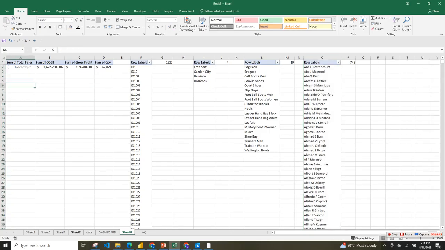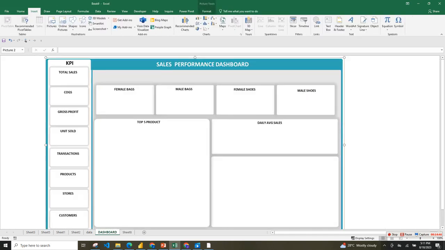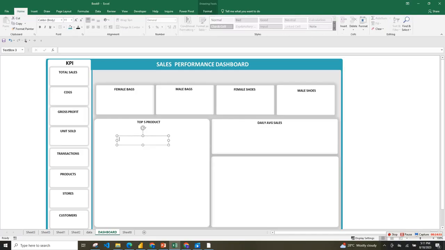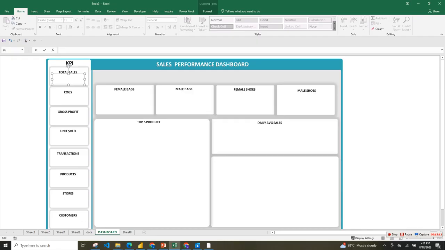Now the next thing is to start bringing it to the dashboard. So go to Insert and insert a text box. Here I'm going to bring this here. That's total sale. Then go to the formula bar, type equals, then go back to your pivot and select this. Okay, now it's going to give us an error here. So let's go back, equals to